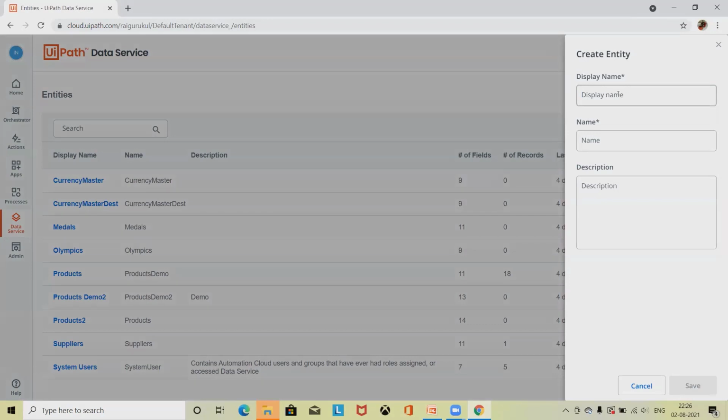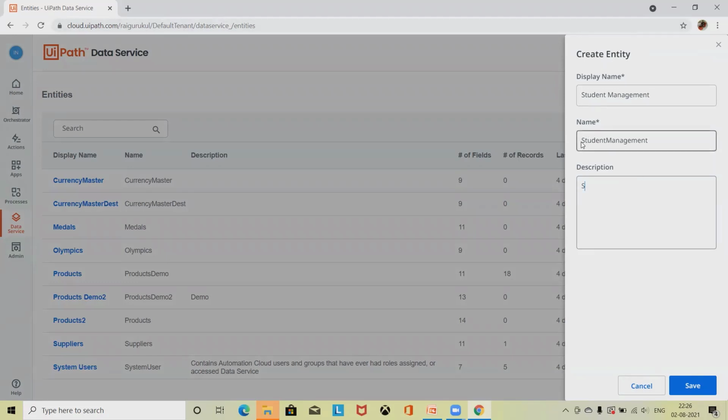So if you want to create a student management system where you want to store all of the student related data, then right now I'm writing here student management. This is my table where I'm going to store all the student related information.